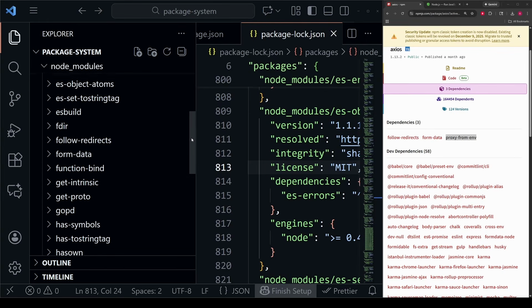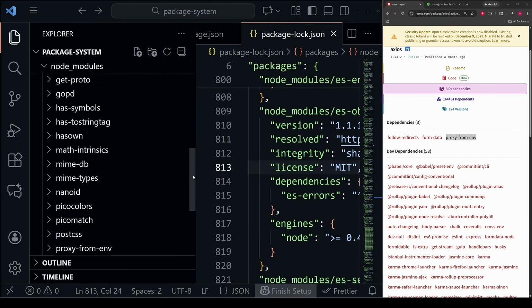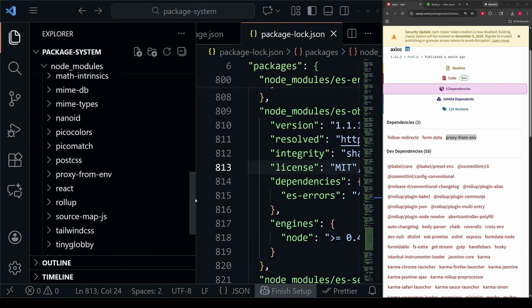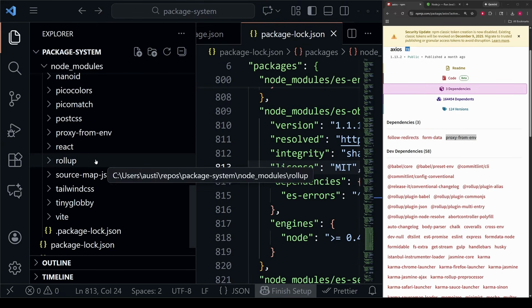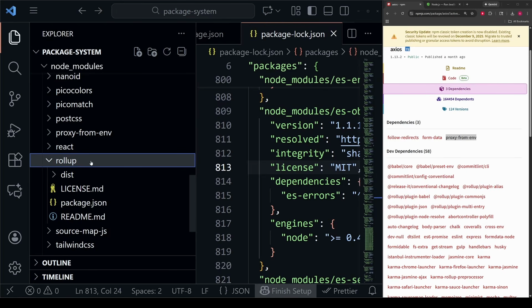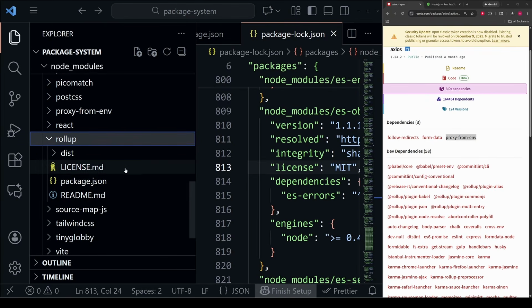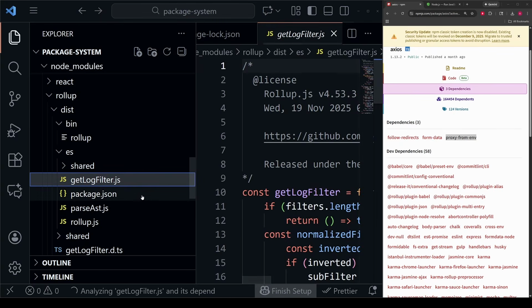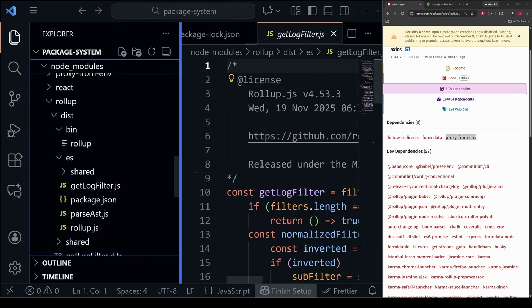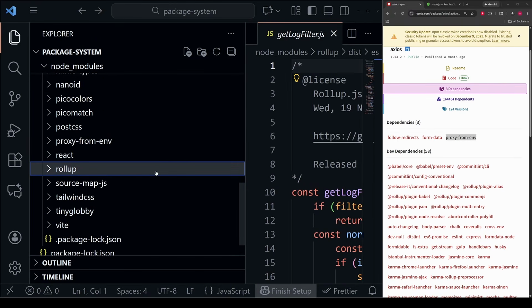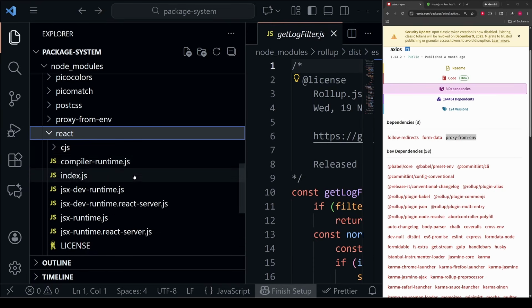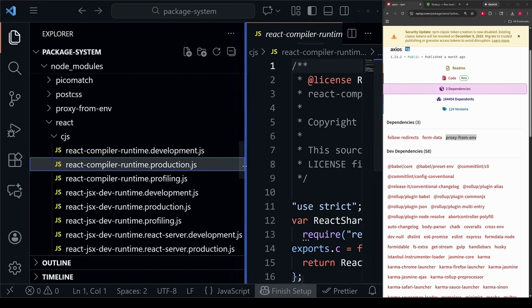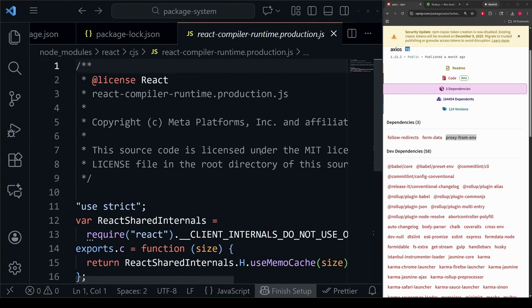For example, we know that rollup is a dependency of Vite, so if we open up our node modules, we know rollup's in our package lock, so the folder for the actual source code for rollup is right here. And when I say source code, I don't always mean directly the actual source code, but really it's the deliverable code of the package. So I can start reviewing that code in here. If I open this dist folder, maybe go in bin, I can see what each of these things do. This is the actual code for rollup. If we want to find the code for React, we see we have this React folder right here. We can open up React, and we have all these different files that actually contain essentially the source code for